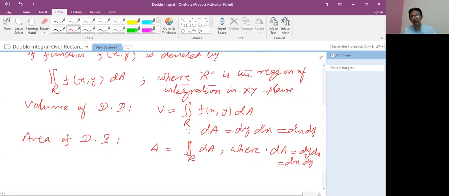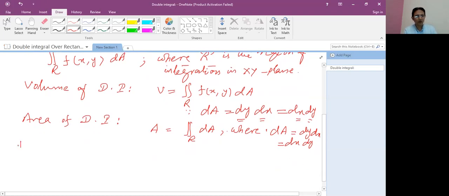If you find the integral with respect to y then x, or with respect to x then y, the area should be the same. Similarly for the volume of the given function, if you integrate with respect to y then x, or x then y, the volume should be the same in both cases. Now after that,